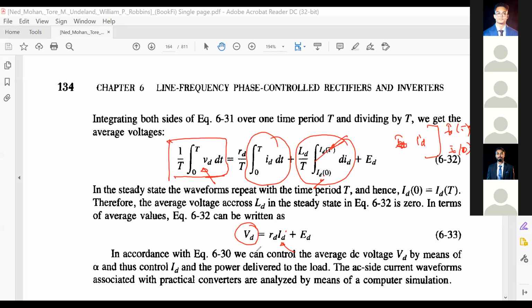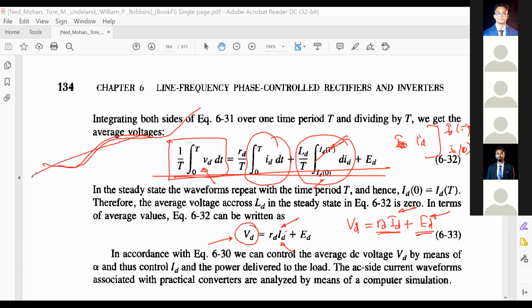It is also very clear from this equation that for the DC case, if you take only the average value, this will be the average value, and this will also be the DC voltage, right? So that will be the drop by the DC current, and that will also be voltage. So we have to find out the average value of this current. Otherwise, you will not be able to find out VD. Am I correct or not? Our current wave shape is like this. So we must find out the average. Otherwise, you will not be able to find out the average value of your output voltage. Okay.